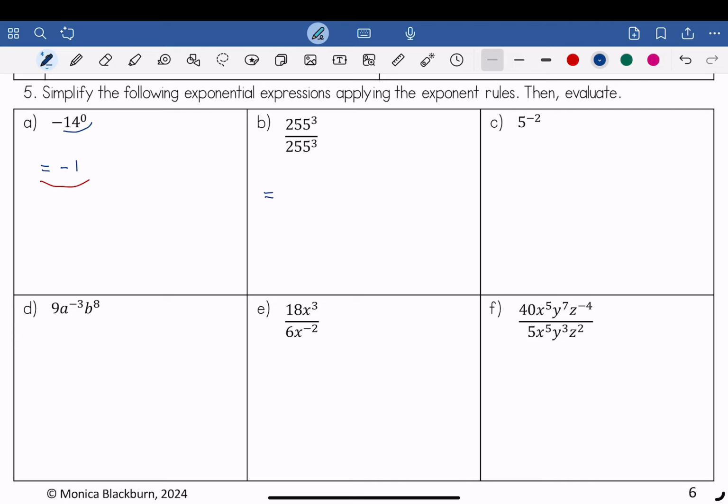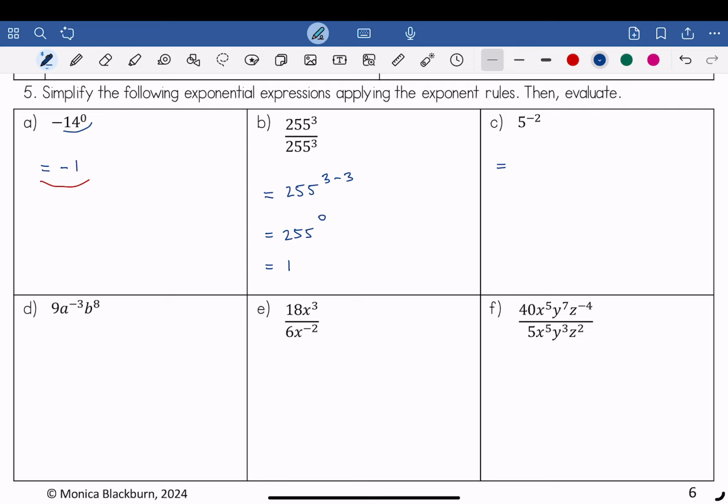So for b, it's 255 to the power of 3 divided by the same base to the power of 3. So we're going to subtract the exponent. 3 minus 3 is equal to 255 to the power of 0. And anything to the power of 0 other than 0 is equal to 1. C,